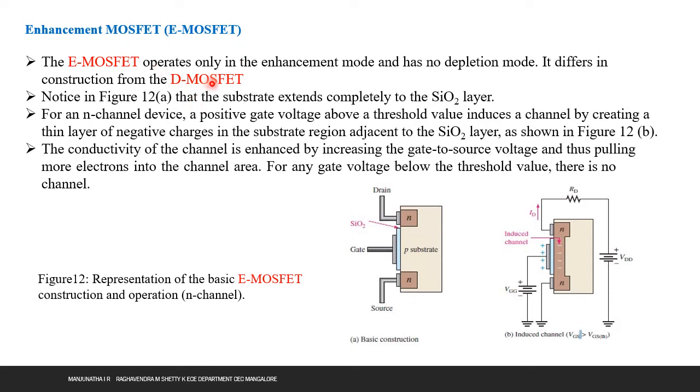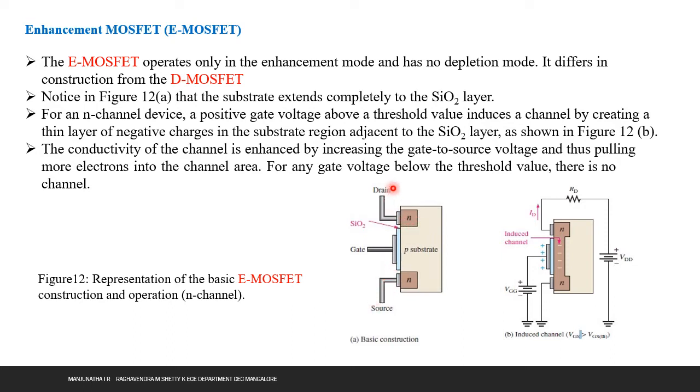Now, coming to the second point: notice in figure 12a that the substrate extends completely to the silicon dioxide layer. Now we'll observe figure 12a. This is figure 12, the representation of the basic E MOSFET construction and operation of an N channel. I'll tell you why we specifically say it is an N channel. So, coming to figure 12a,